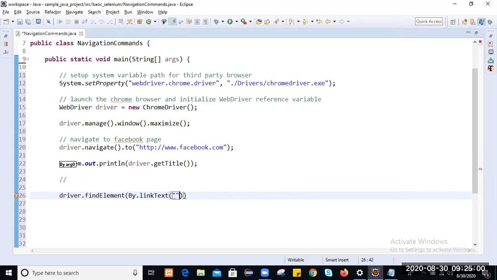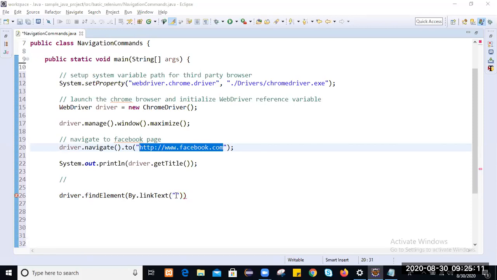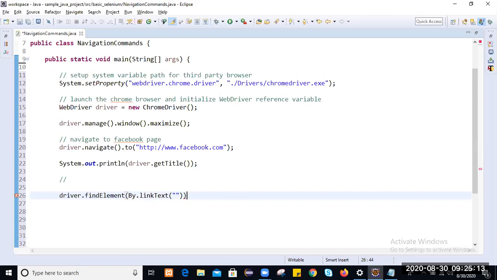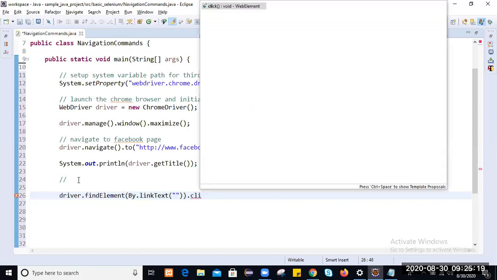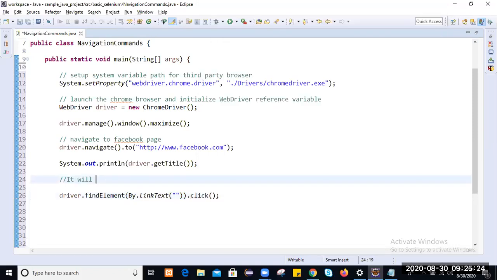Let it take link text. What is the link text on this Facebook page? Whatever link we take, we perform a click operation on that. So simply it will perform the click operation.